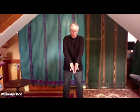This next practice we call pulsing from the core. There's a two-part practice. We'll do the first part and then we'll follow with the balancing component to this pulsing from the core practice. So we begin by gently wrapping the hands forward, backs of the hands together,